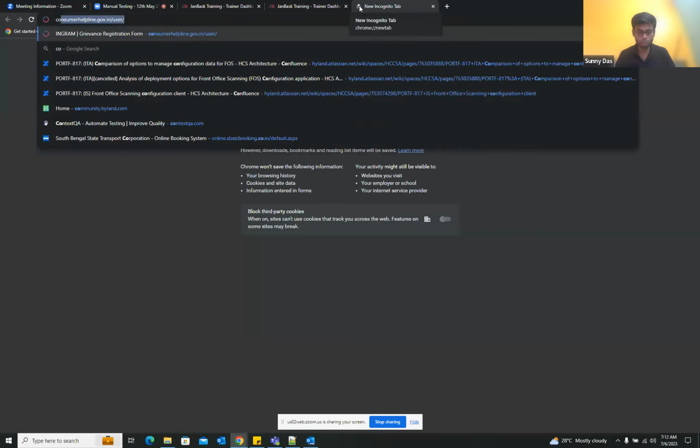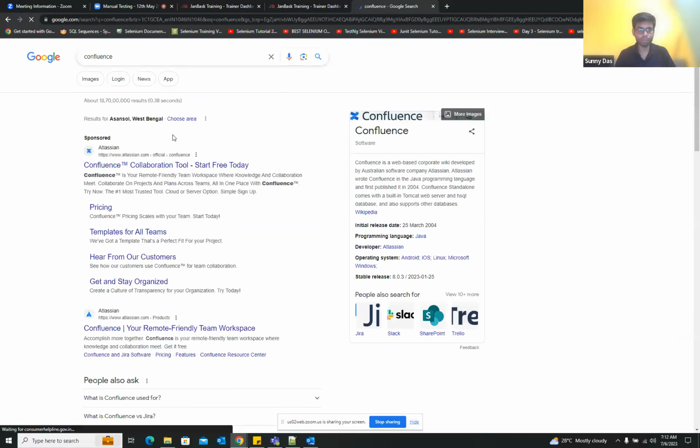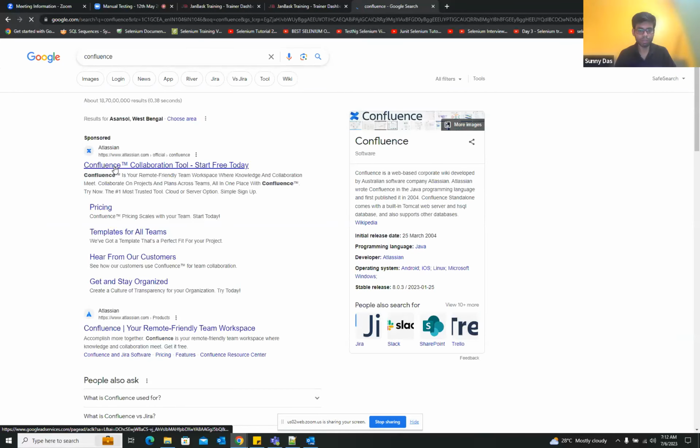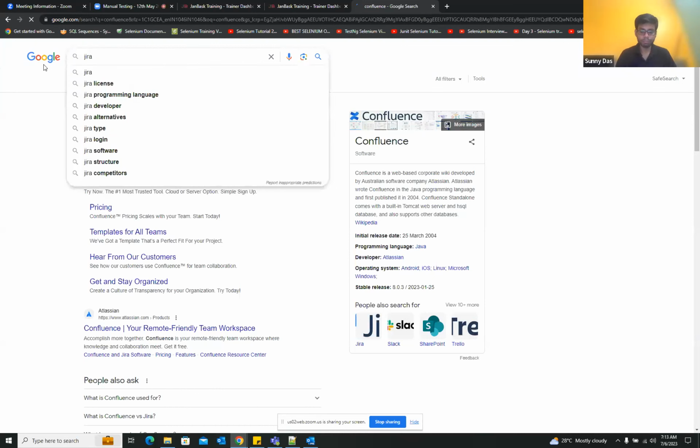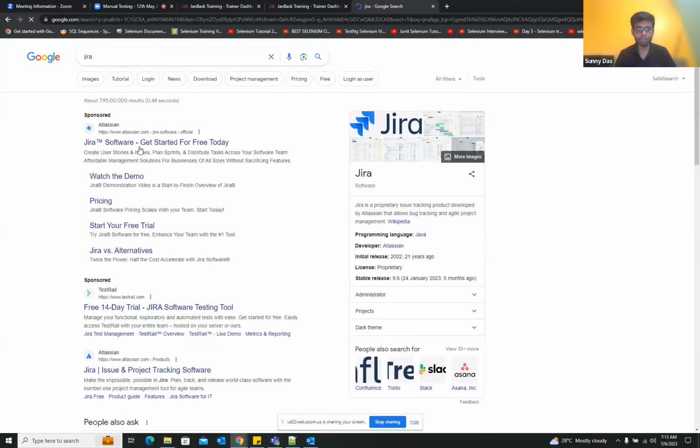You need to search for it, open Confluence, go inside Confluence, and there you will see Jira. So Confluence has different types of tools. It provides a suite of tools, and Jira is one of them, right? Sorry, I searched with Confluence. It should not be Confluence. It should be Jira. So Atlassian is a company which provides all these tools,